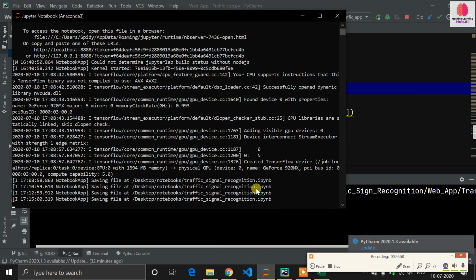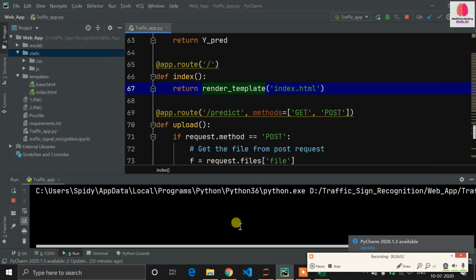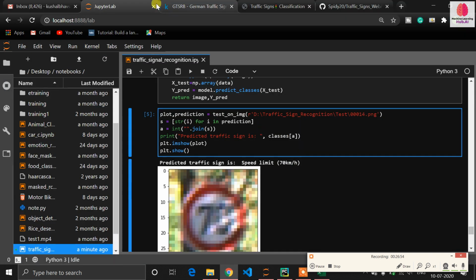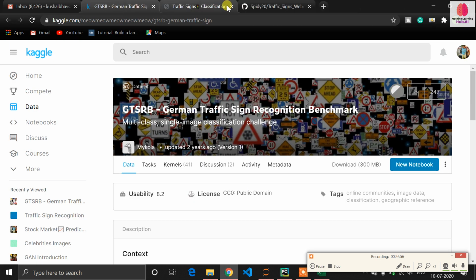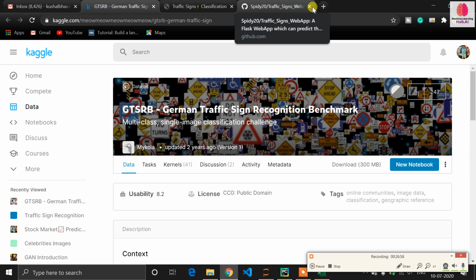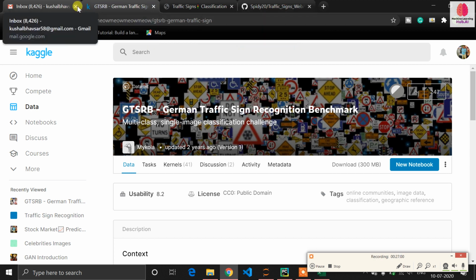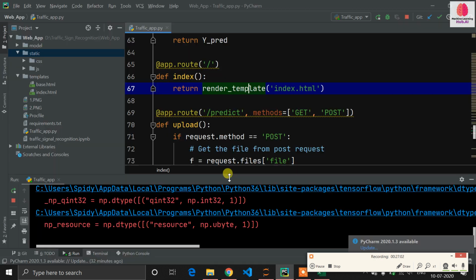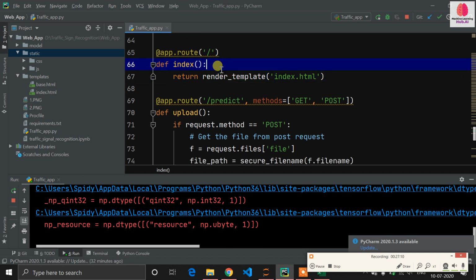First let me close my Jupyter notebook because it's lagging. Let me close unnecessary tabs, because my video is already recording and already 27 minutes are gone. For the startup page we have defined render template.